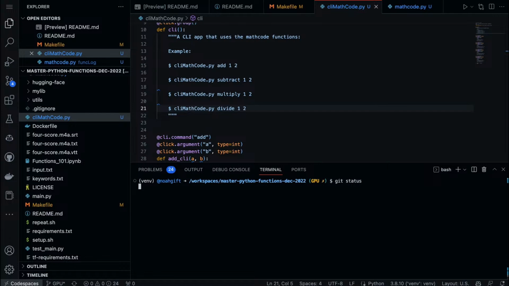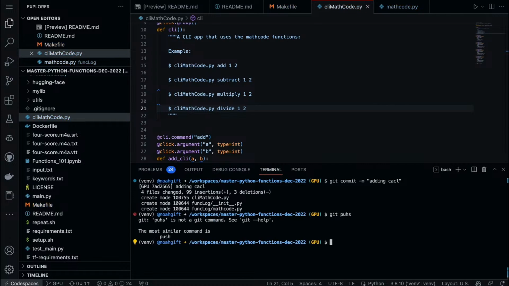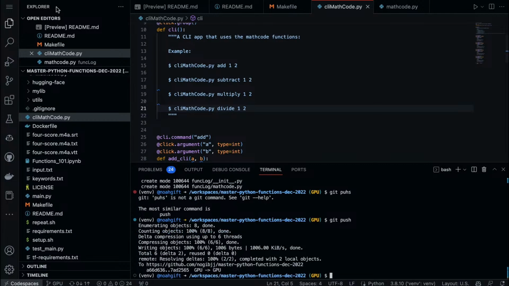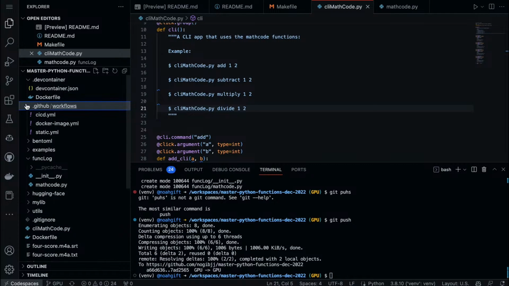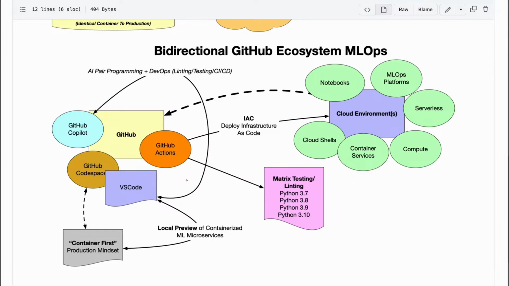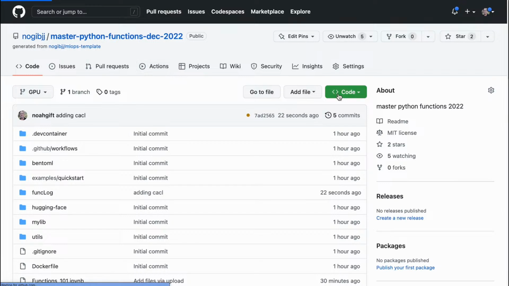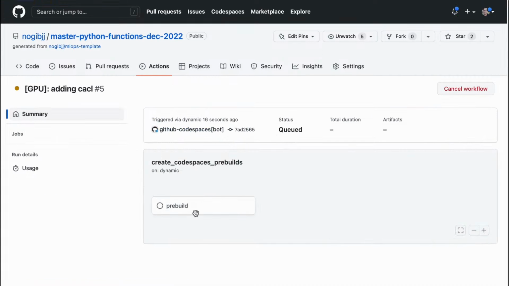So git status, git add, and because I have a build system that is checking all this stuff, it should also build this. It should also do the test of the system, and that's what this particular piece of code is right here. GitHub Actions. If we look at this, it's doing all of the same things that I did locally here, and we can go back to this repo, and we can look at this actions here, and it's going to build out, in fact, a test here and verify that actually things work.